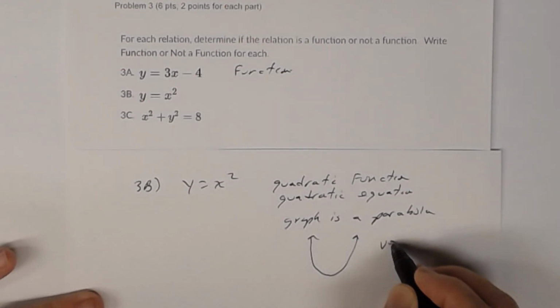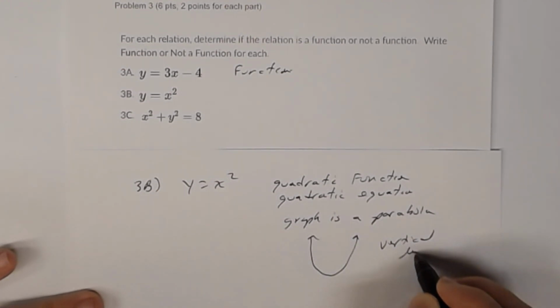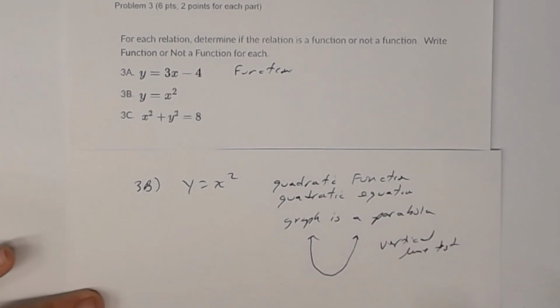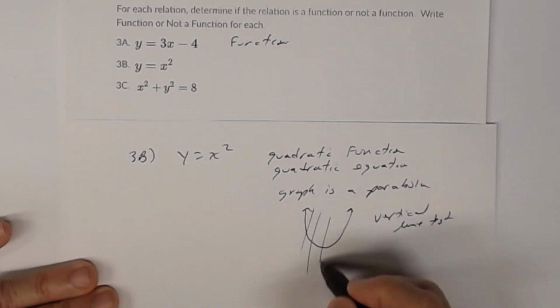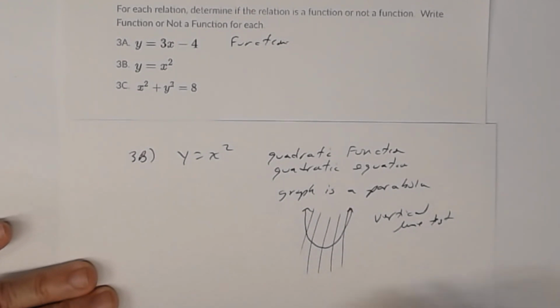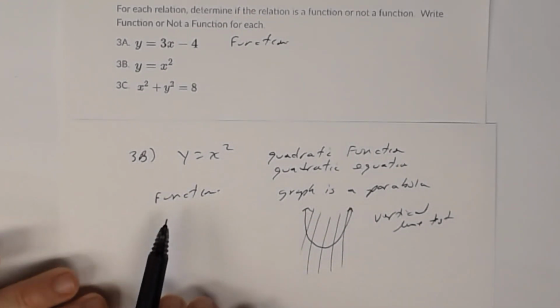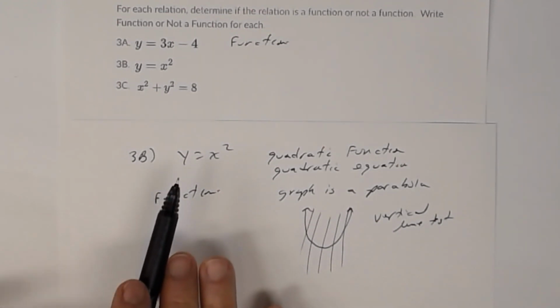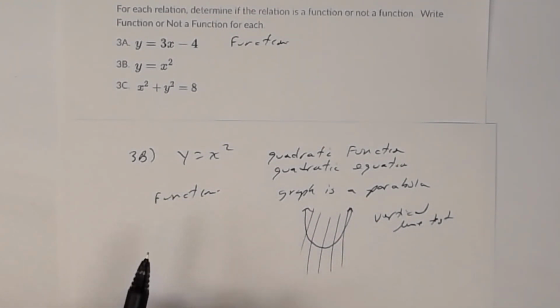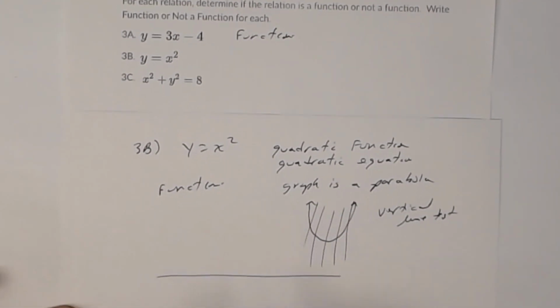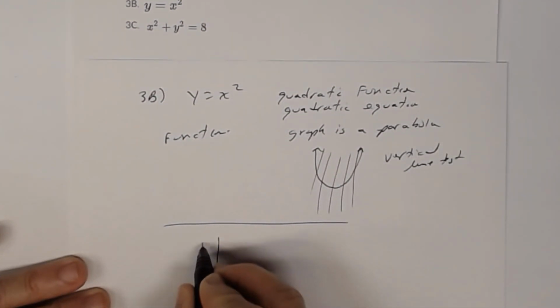And so again, using the vertical line test, no matter where you draw the vertical line, it intersects it once each time. So this is a function. So again, one approach is to use the idea of a graph to help you understand whether this is a function or not. The other approach is to use a t-table. So look at the t-table. So if I do a t-table,